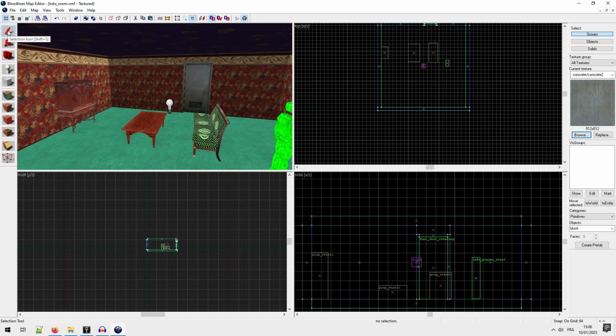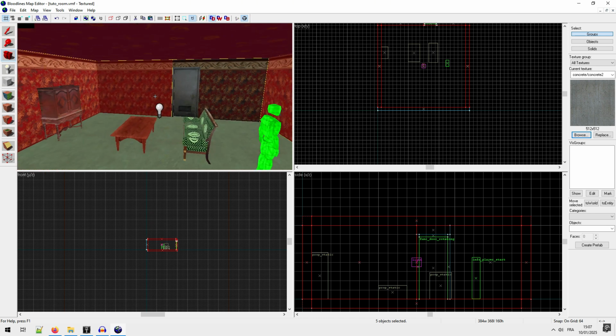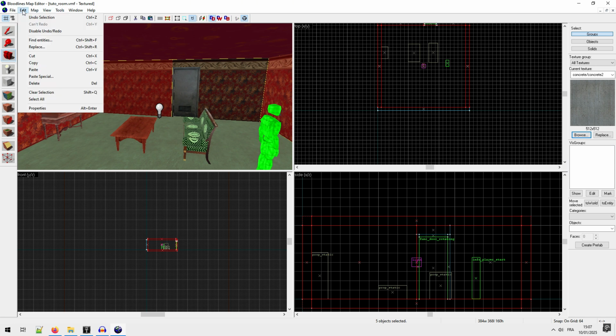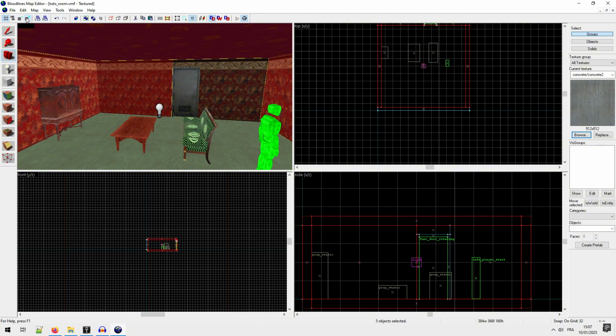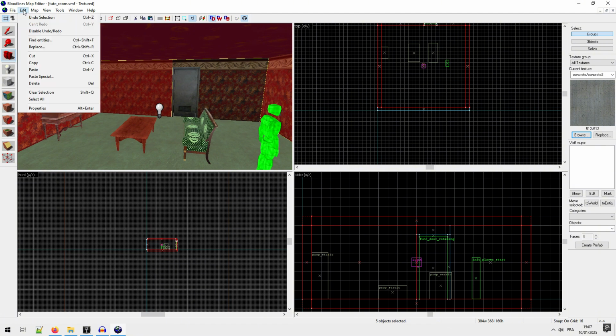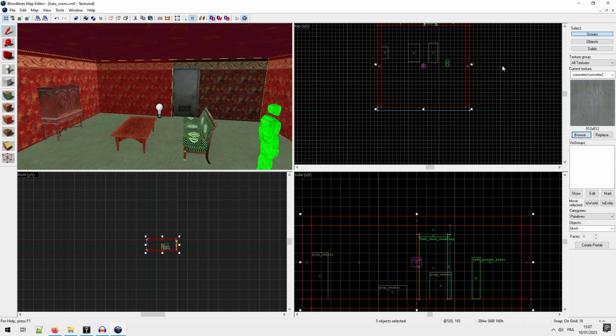I take the selection tool, I select my roof, control click, and that's it. I just pick all of those and I do Edit, Copy, I change my grid, yeah, 16 is fine, and Edit, Paste Special, okay, and then I can move it.